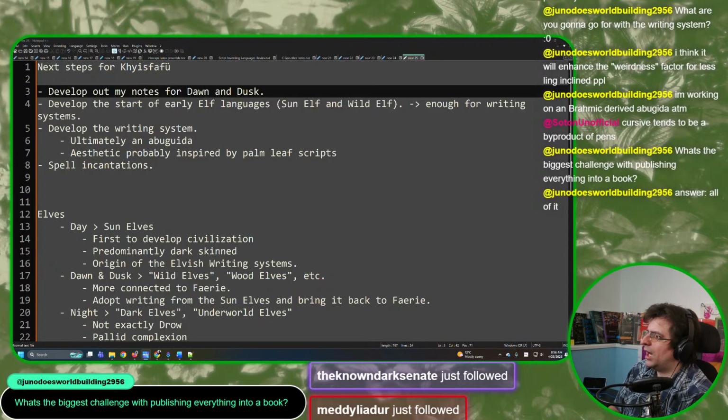But I think at the current point the biggest thing is, okay, I have my spell incantations written. I can write up a layman-friendly primer that tells you how to pronounce all the letters, how the writing system works, and a little bit of basic grammar so that you know how to choose which incantation for multi-target spells and stuff, right? The thing that I need to figure out is how I'm going to get another person